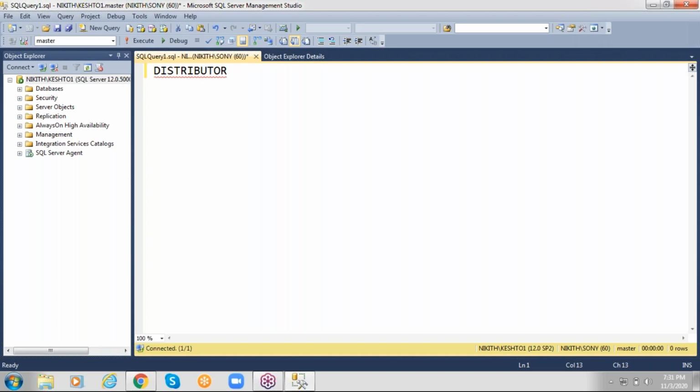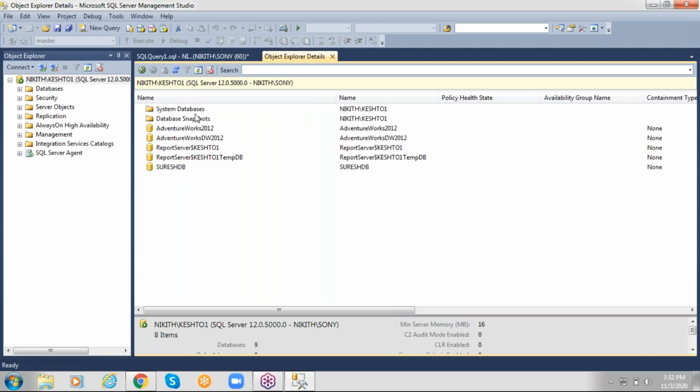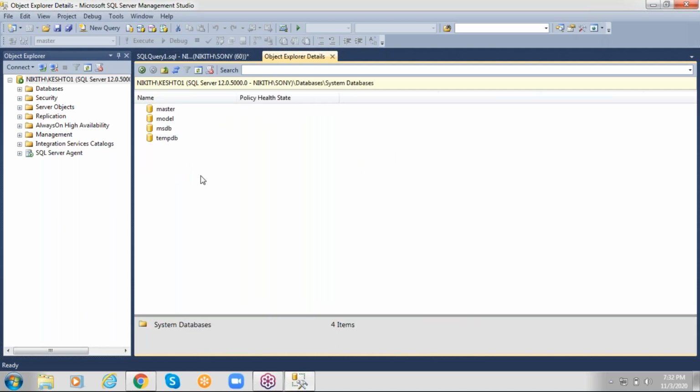Actually, we have a major configuration called replication, right? In replication configuration, we are going to create a distribution database. Now, the problem is when you are configuring replication, you are going to create the distribution database. That distribution database is going to be stored in this folder here, the system databases folder. So they felt like that is also a system database.